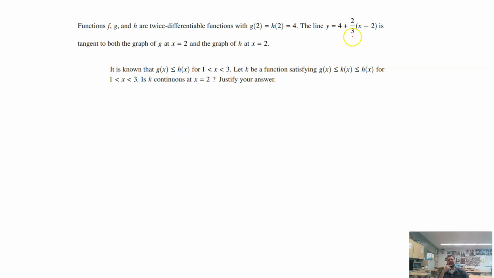Well, the key here is understanding that the derivative exists at x equals 2 as well, for both g of x and h of x. I know that the derivative for both of those functions is equal to 2/3. Okay? It also says that g of x is above h of x. So it's like g of x is right there, h of x is right here, between those two, and they meet at this point, and they are continuous, and here's the important part, they're also differentiable at that point at